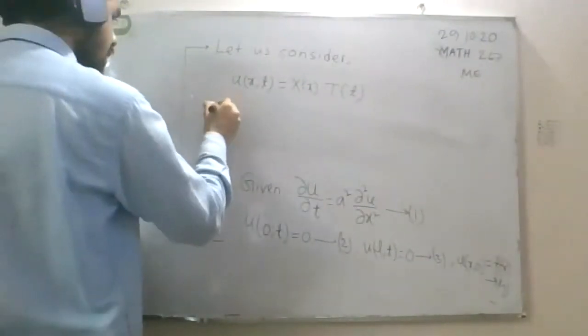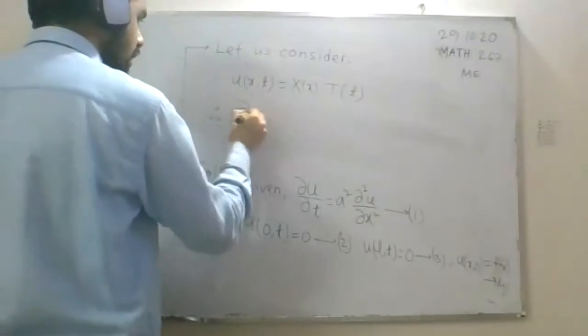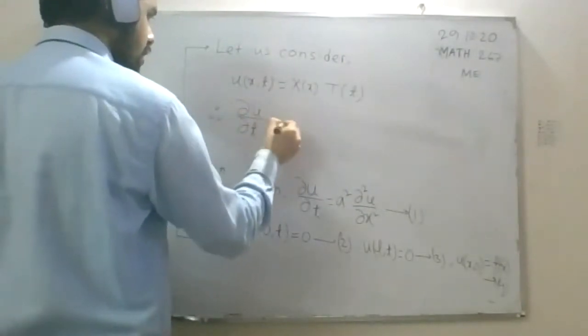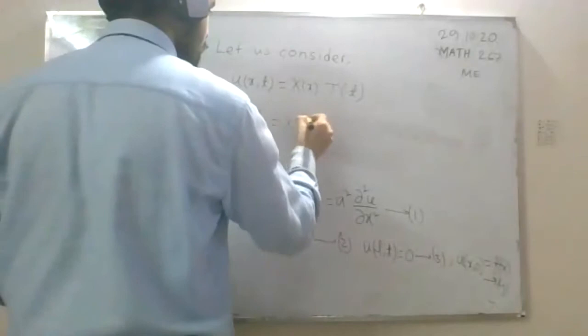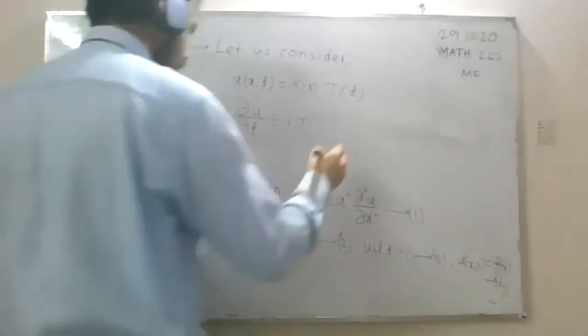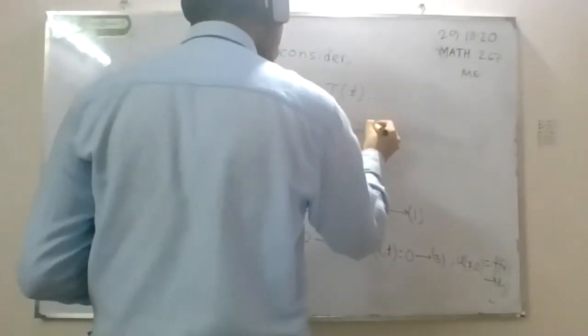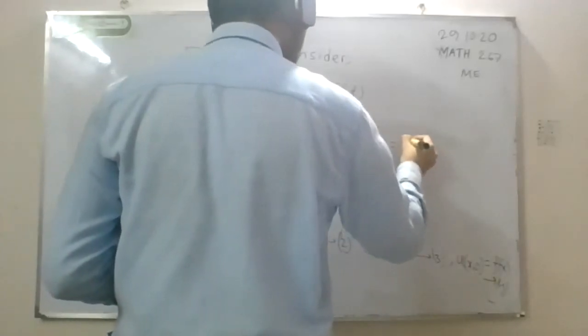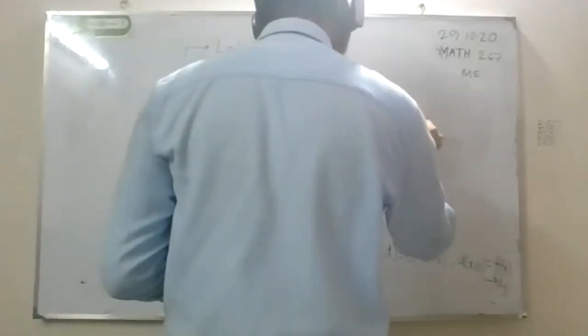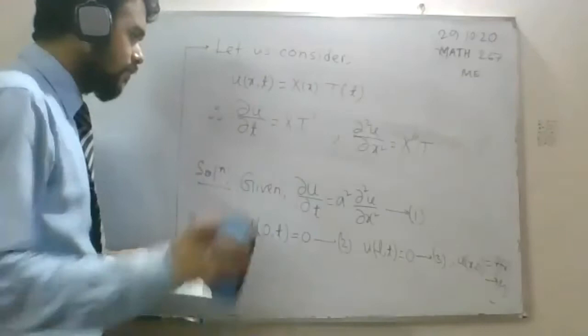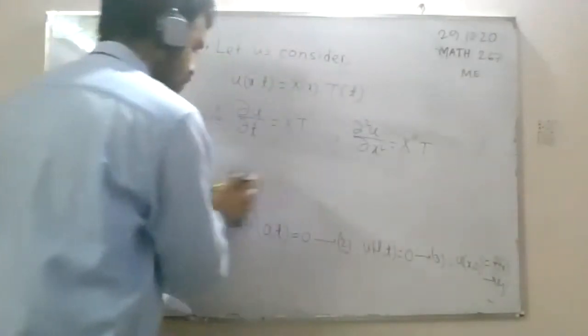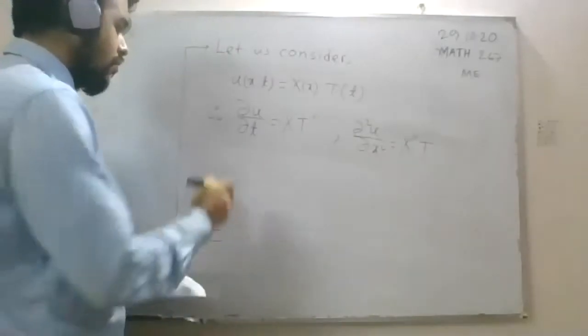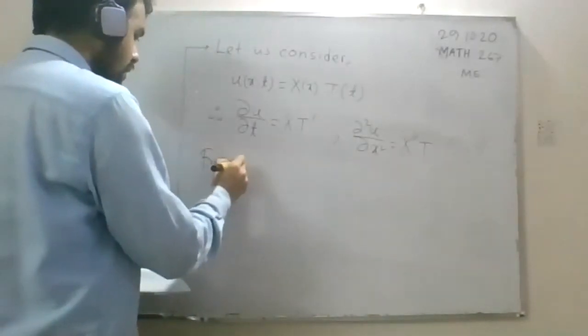So here you can say del u by del t is X T prime, and also del square u by del x square is X double prime T. Okay. And after that, just put those things in equation 1, you can get